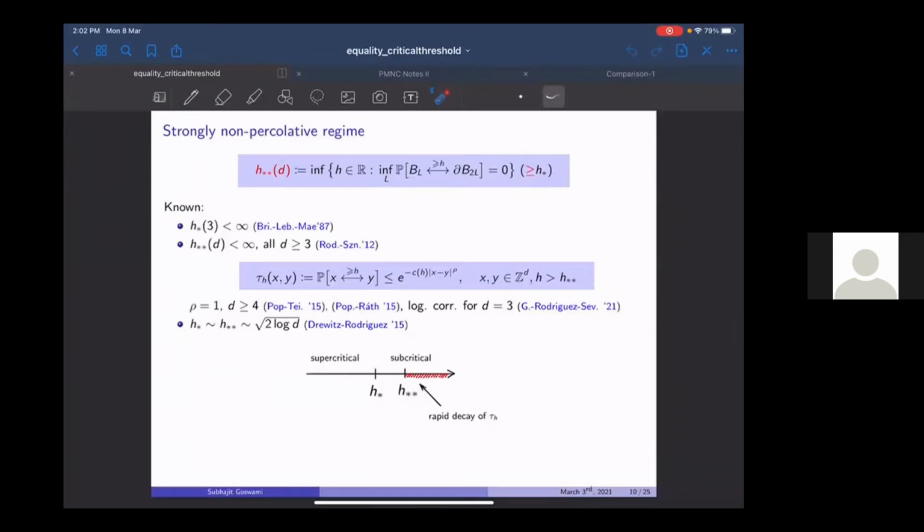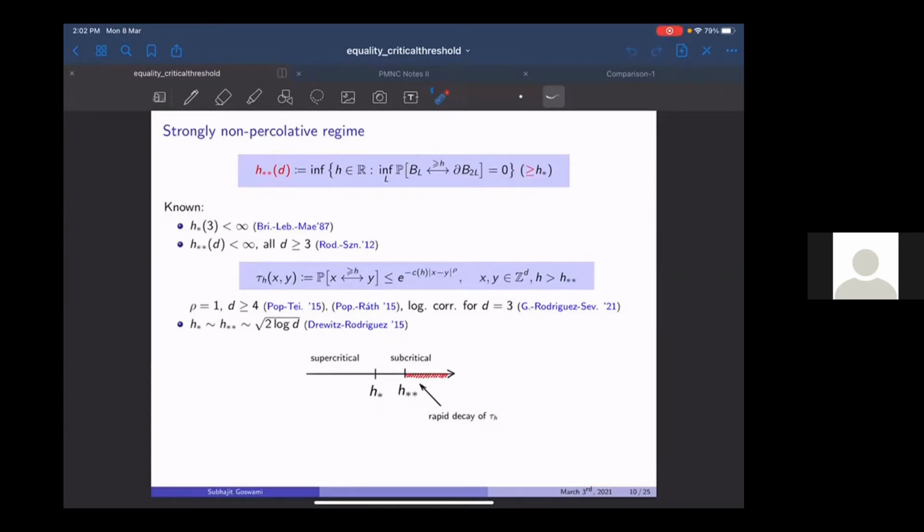The questions that we posed for this model were the following: whether the strongly non-percolative regime and the strongly percolative regime extend all the way up to the critical point itself. If you don't remember, this is the definition for the threshold demarcating the strongly non-percolative regime,